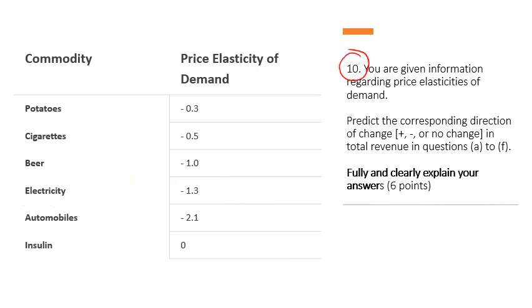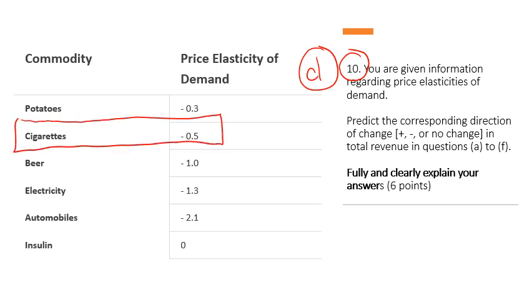Question 10D, D for David, is about the cigarette market. So we're told that the price elasticity of demand for cigarettes is negative 0.5. That's inelastic. So let's see. What are we told? If the price of cigarettes increases by, let's say, 10%,